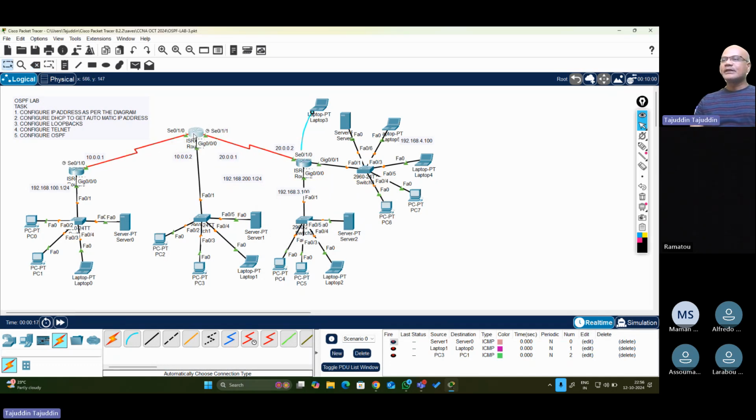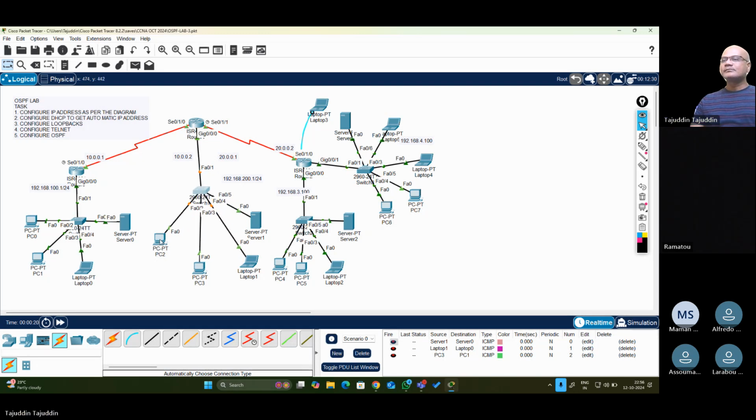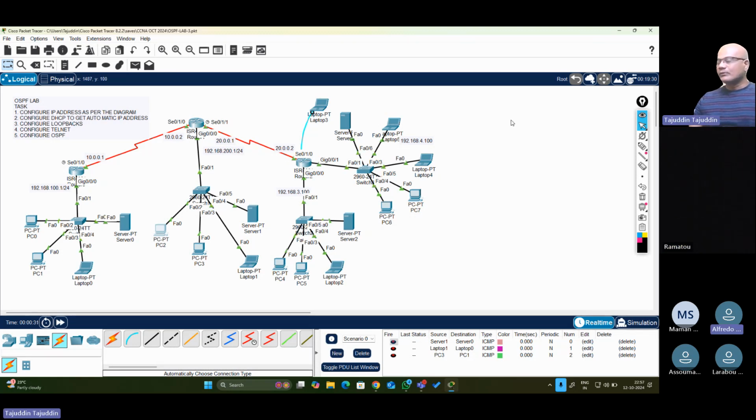Let it do like this. Okay. So now this multi-area, the objective for this one is